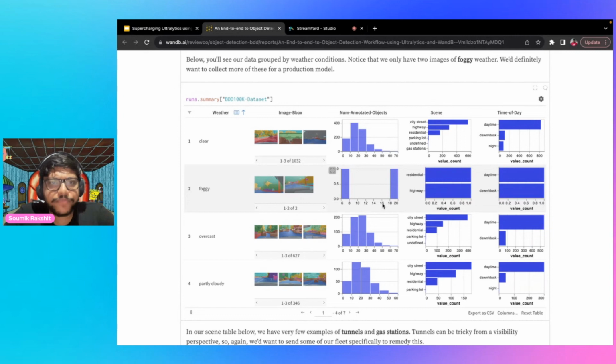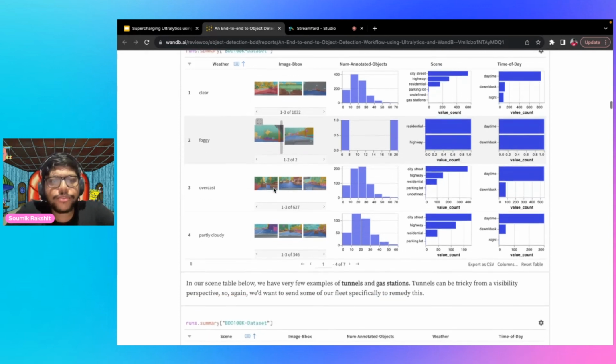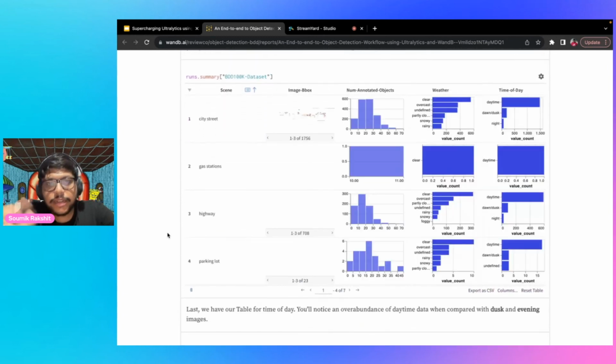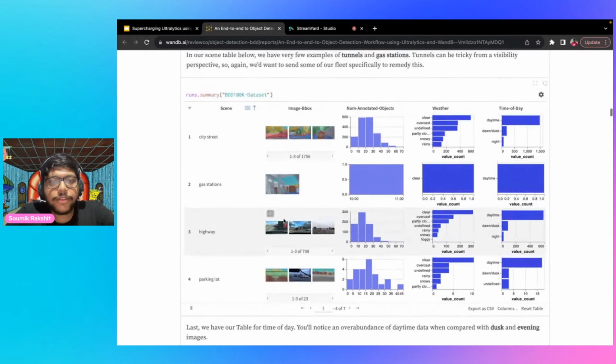For example, we can see that we have very few examples of images where the weather condition is foggy. So we might communicate to our annotation team that we need to collect more data points with this particular attribute. Similarly, if we group by the scene of the image, we can again see that we actually have very few images for